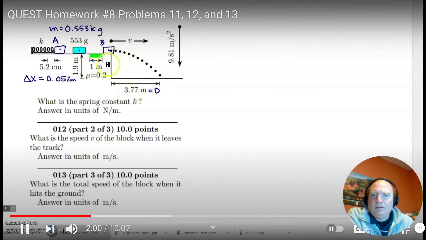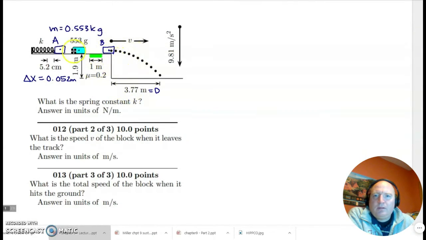So this is a scenario where there are external unbalanced forces acting on this, or as we can say, there are some non-conservative forces, mainly friction, that are doing some work on this block. So from the point A where the spring is compressed to point B where this block is sliding off of this table, mechanical energy is not conserved. But we can go ahead and write this expression. Remember that the total mechanical energy that we start out with, kinetic energy plus elastic potential energy plus gravitational potential energy,